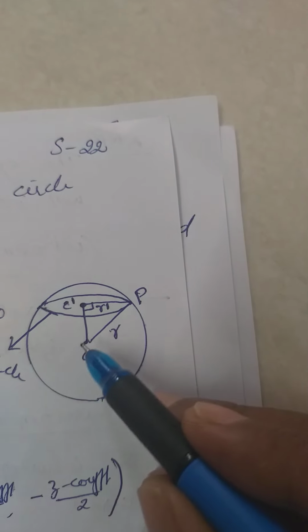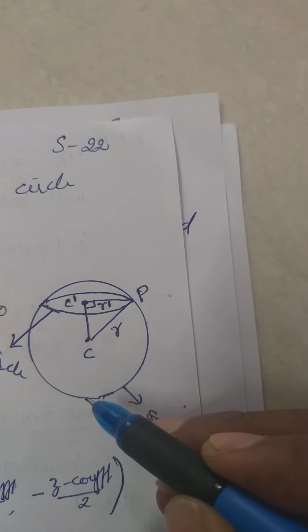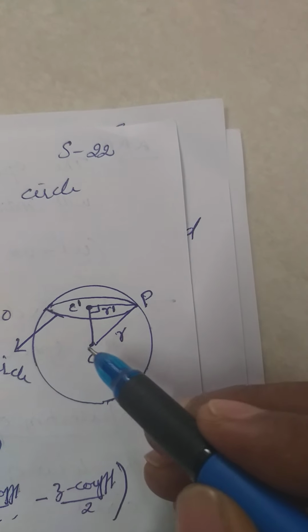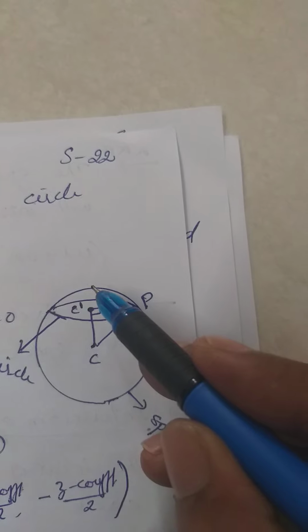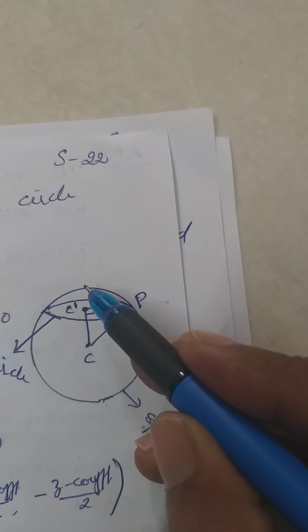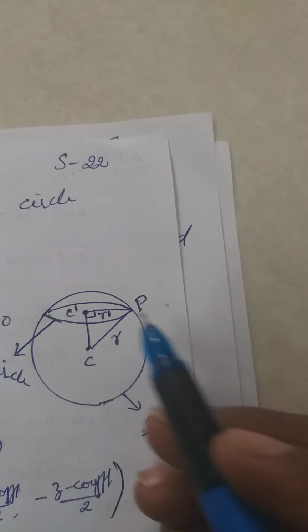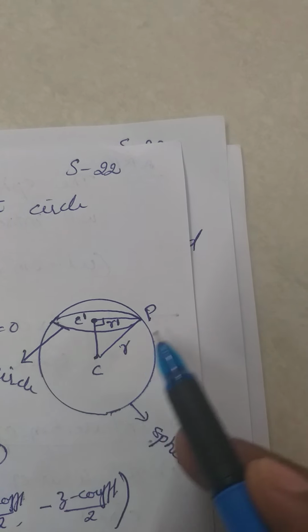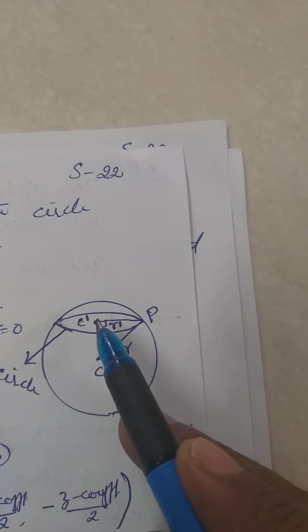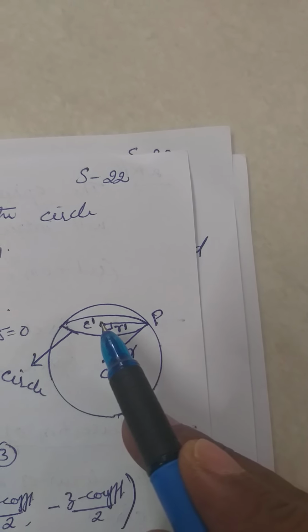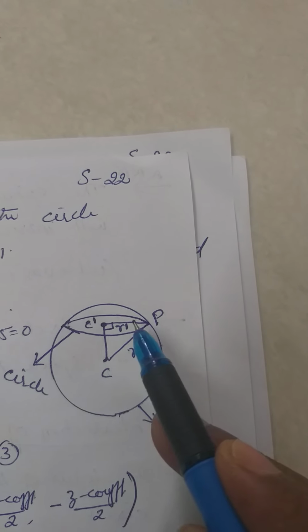Now this CP, this is also a radius, right? This line is a radius. If you draw like this, this is also a radius, this is also a radius. If you extend this line up to here, then that becomes the radius of the sphere, right? Now see, this common portion is a circle. We have to find the center of the circle and the radius of the circle.